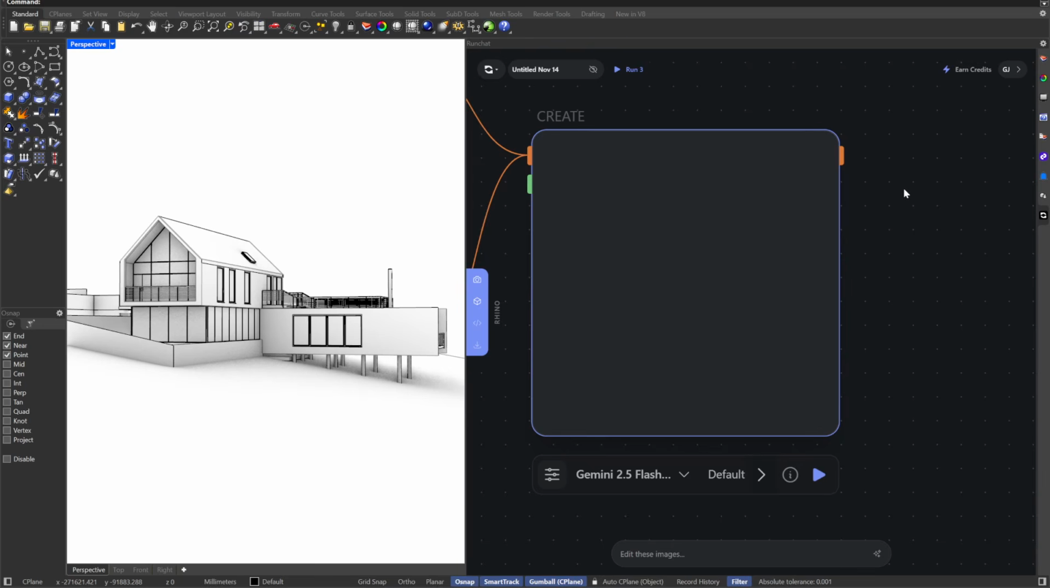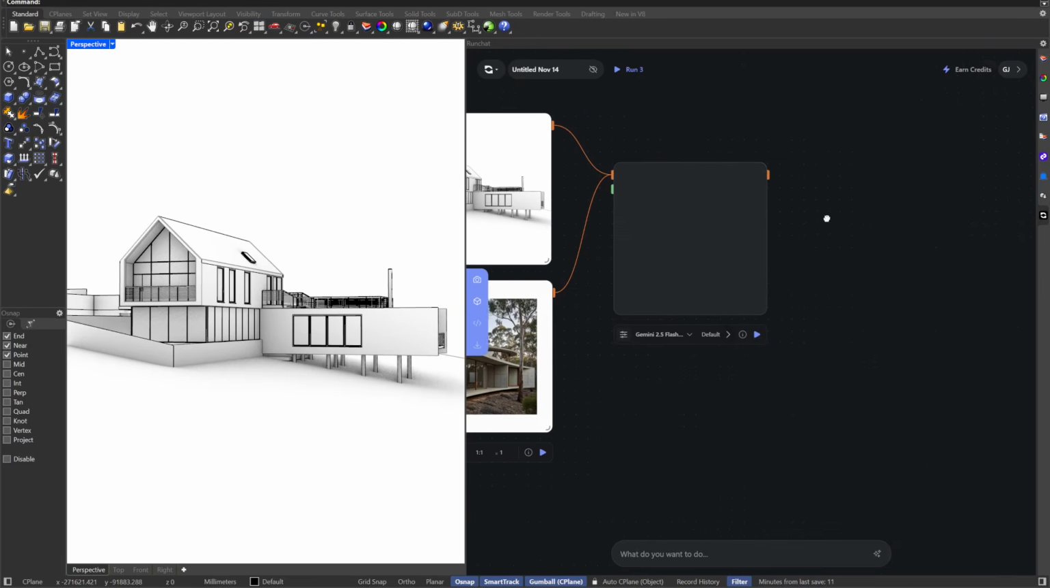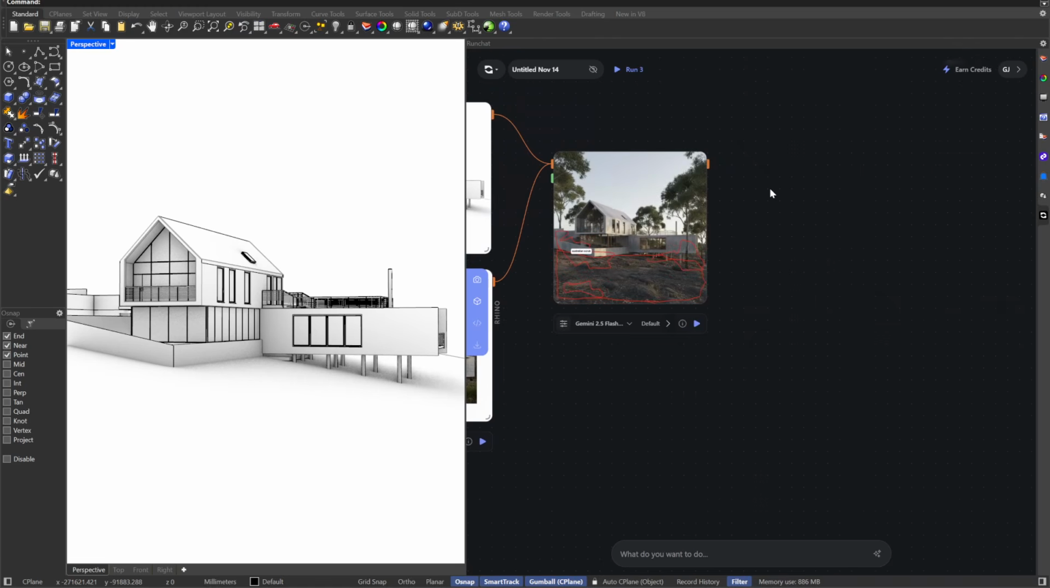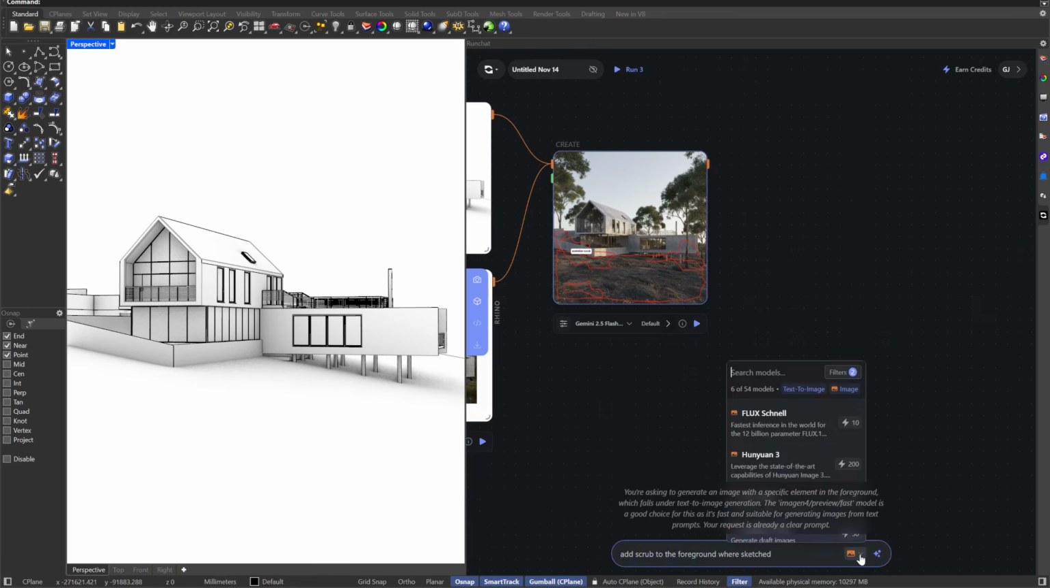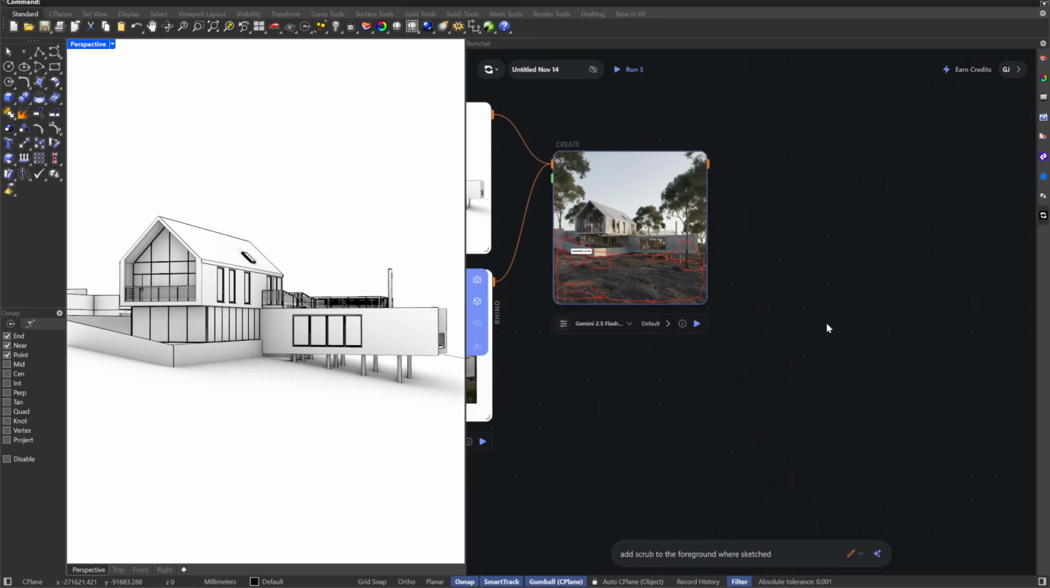I'm just on my mobile phone internet at the moment, so all of the uploading and everything is going really, really slowly. So we've done that markup. Again, we can just select this image and we can say, add scrub to the foreground where sketched. And what this prompt bar down the bottom does is it's going to try to guess the model that we want to use for a particular task. Sometimes it doesn't get it quite right, and we can just swap this out for a different model if we need to. I'm going to hit enter,